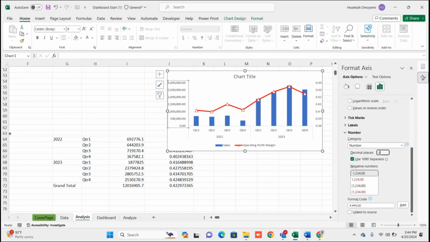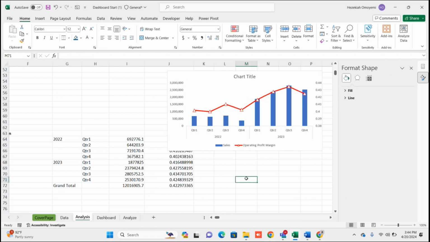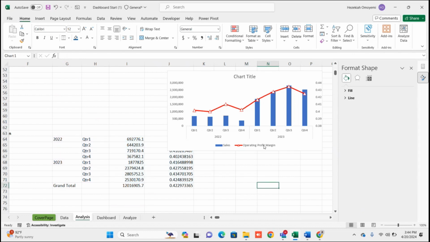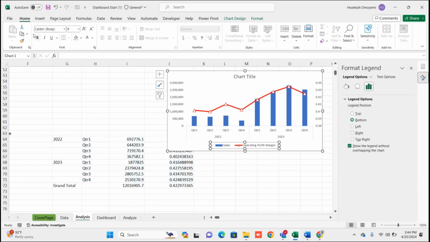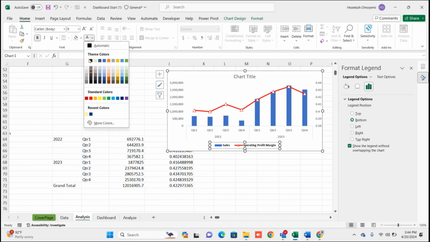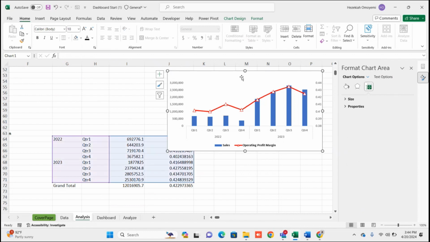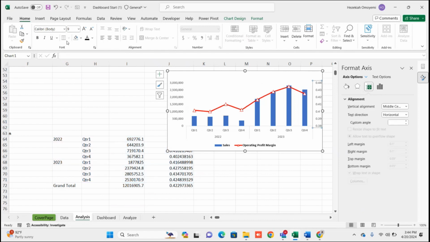See, 0. Press enter. All right. I think this is all right now. And let us edit this one to be bold, change it to proper black. We can remove the chart title. This, make it black, this, make it black, and then yeah,